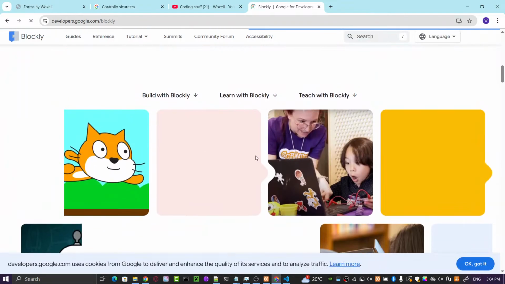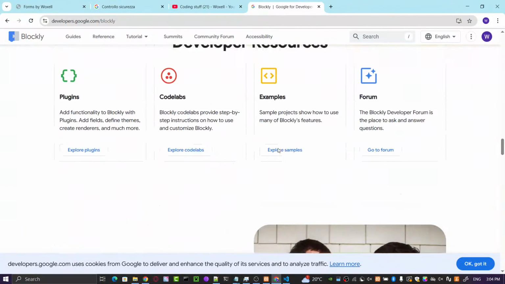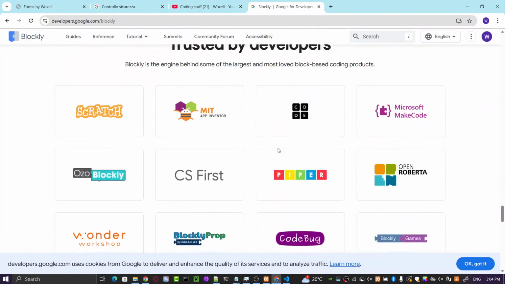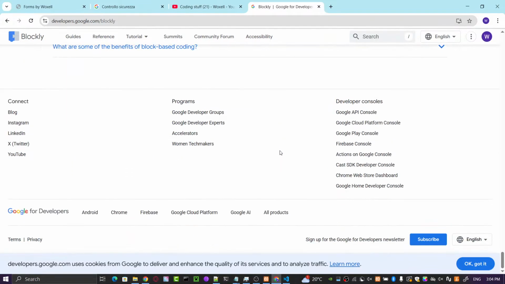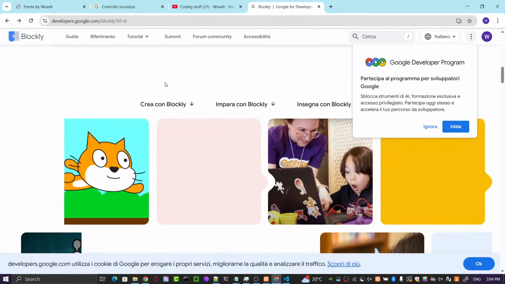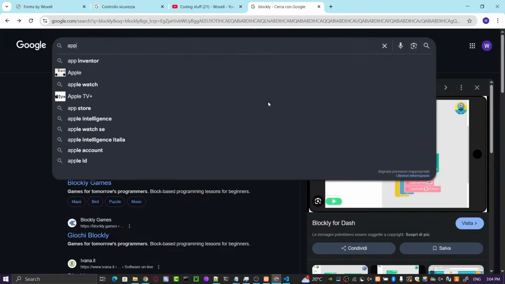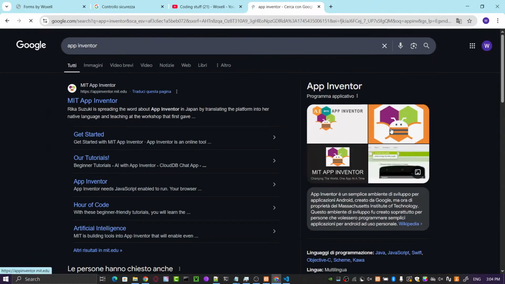As you can see, this is used by Scratch, and it's also used by another popular app called App Inventor. App Inventor also uses the same library, and it's kind of interesting.